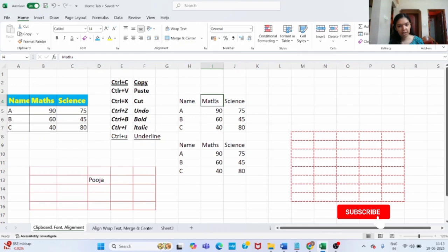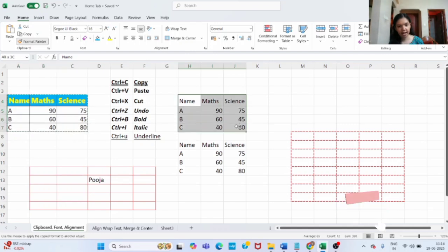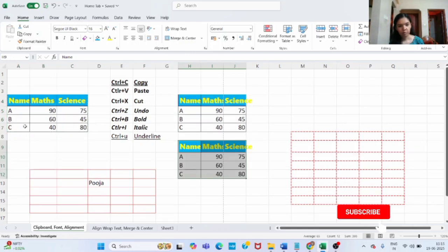So instead of manually doing the same design for this, if we just want to copy paste the design with one click, what you will have to do is just select this range, click on format painter here, and this is activated now, and then just double click and drag here, and the entire format is copied here. So when you have large data in this way, easily you will be able to change the format. So now we have seen all the features of clipboard as well as font also.